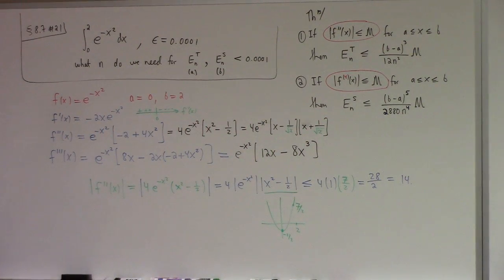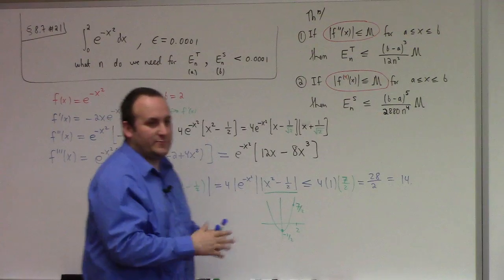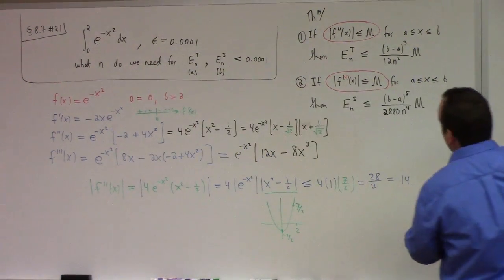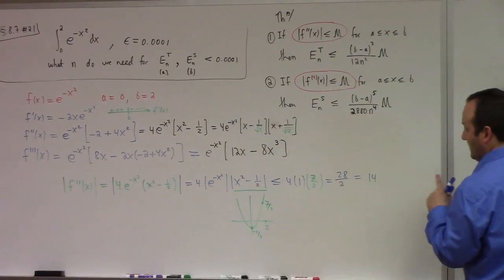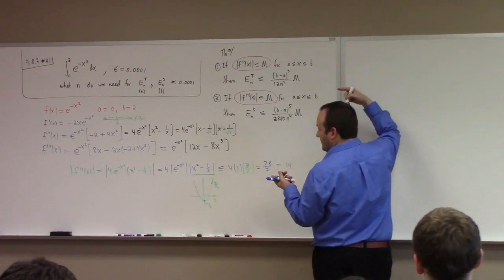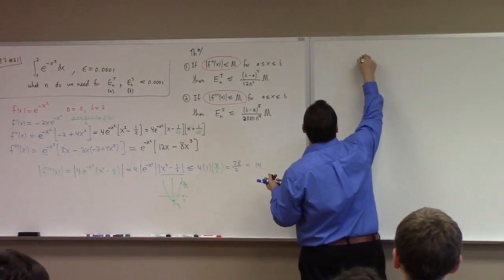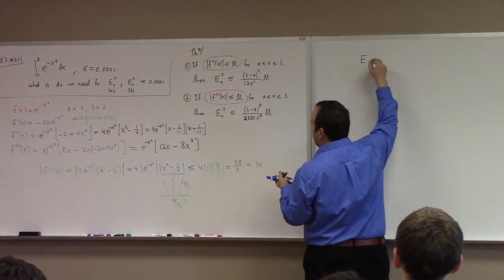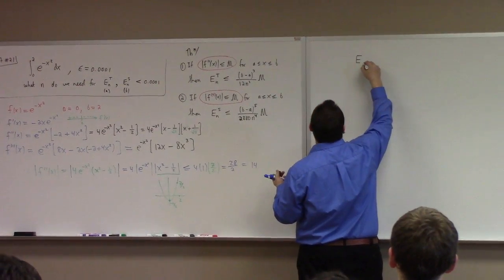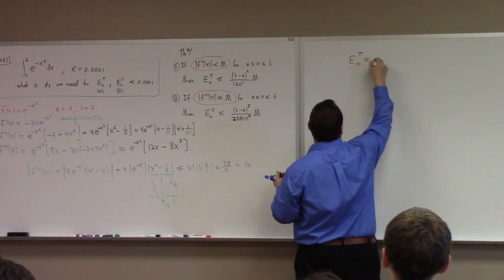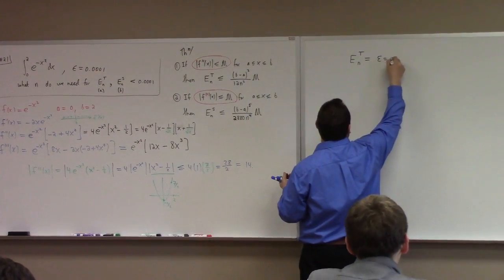All right, that's the first step in the game here for part A. Now what? Here's the thing we haven't done yet. This is the one remaining example I was talking about. What you do then, to find the n which makes the trapezoid rule work for this problem, is say, okay, I want it to just barely work. So I'm going to solve E_n equal to the given epsilon, which was